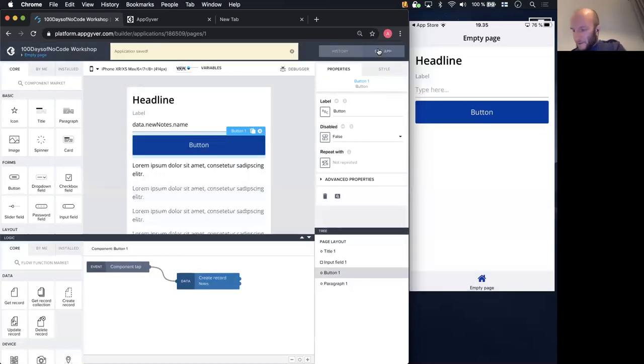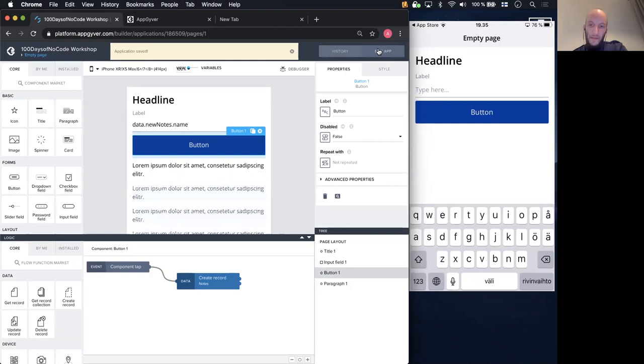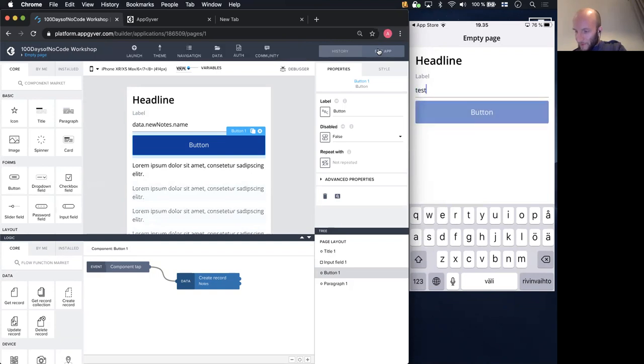Okay, and by the way, every time I'm saving, it reloads the preview app, which is very handy for testing. So now we're going to enter test, and now we should be getting some data into the database. There we go. Yeah, and now if we enter some other things, like let's say another,